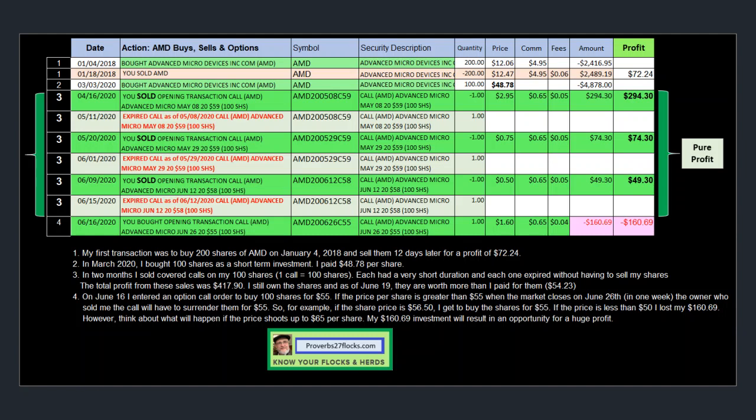I then, in the next couple of months, in both April and May and June, sold a covered call for my 100 shares. In the first transaction, I made a profit of $294.30. In the second one, I made a profit of $74.30. And in the third one, I made a profit of $49.30, for a total profit of